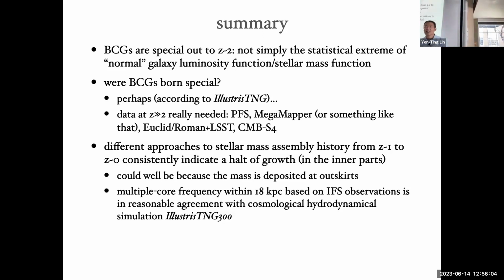So I still cannot understand how you handle selection effects when you look for multiple cores, because the projection might play a very big role there. You know, like you take a Coma cluster. There's clearly an emerging BCG. We don't know when it will merge, but it won't pass your test because you're looking at it from the side. So they are well separated in the sky, but they're two equally luminous galaxies that will sooner or later merge because they are bound together by 700 kilometers per second.